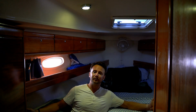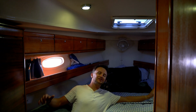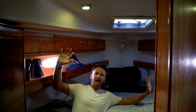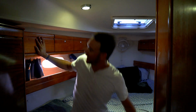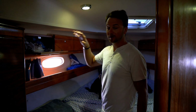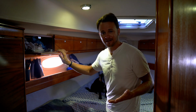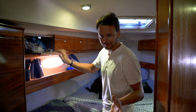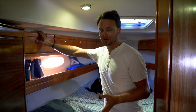It has a place to sit and relax and get ready. It has a beautiful, large, semi-queen-ish bed. And one of the reasons why I was even looking at Bavarias and they were on my radar is because of these cabinets. It has cabinets lining both sides of the V-berth, and you can fit so many clothes in here. It's phenomenal. And I don't have that many clothes, but for being able to work in an office still and live aboard,